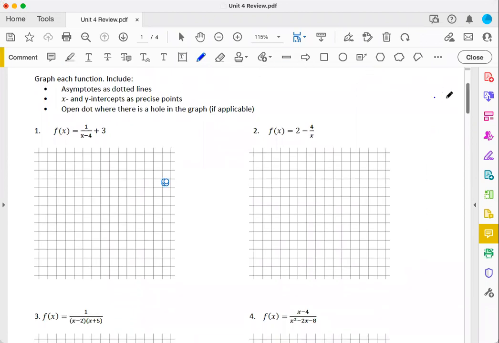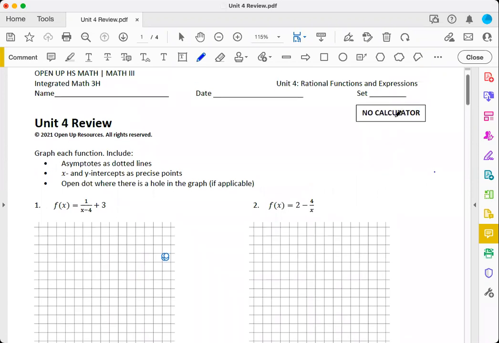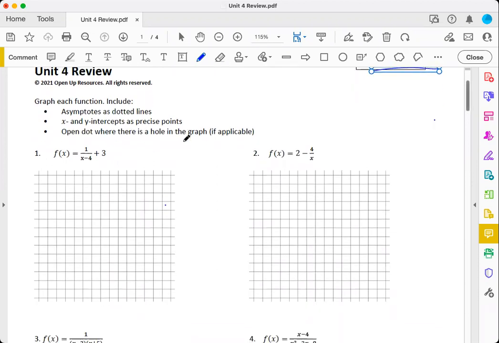So this first set of questions is with no calculator, as denoted here. I expect you to be able to knock these out without a calculator, especially the first one, because I can see pretty quickly that this is a stretch factor of 1. And recall that that's going to look similar to a 1 over x function that has a pretty simple set of